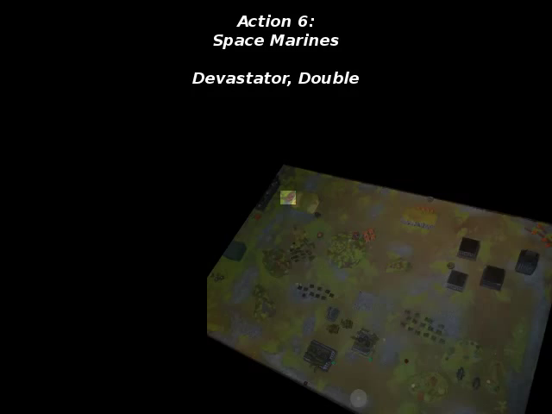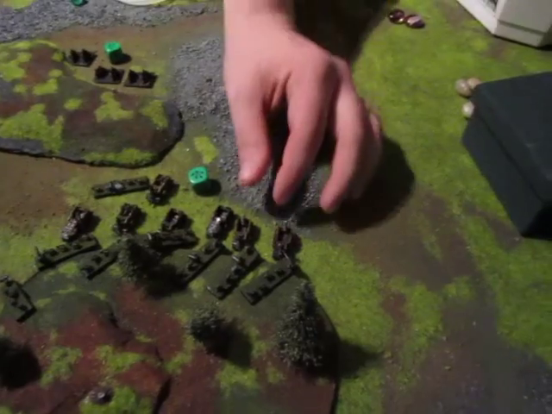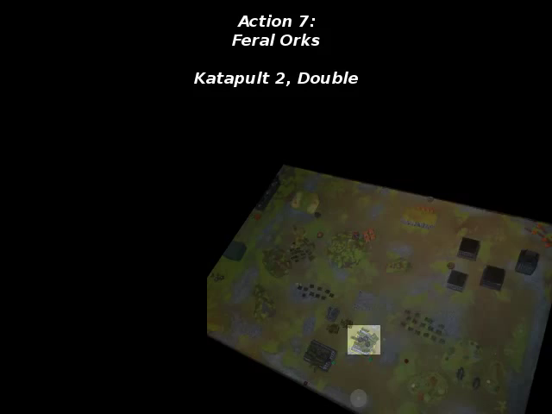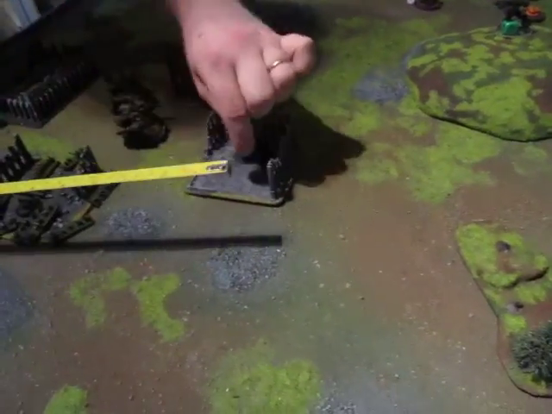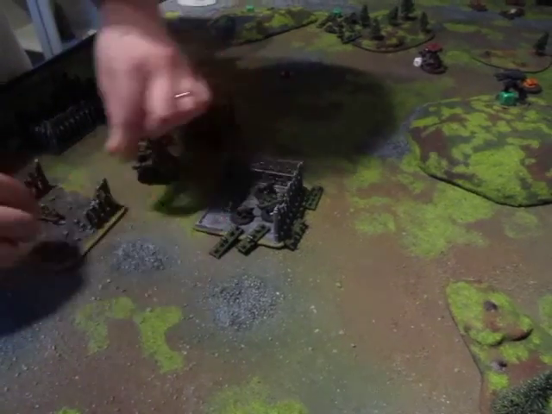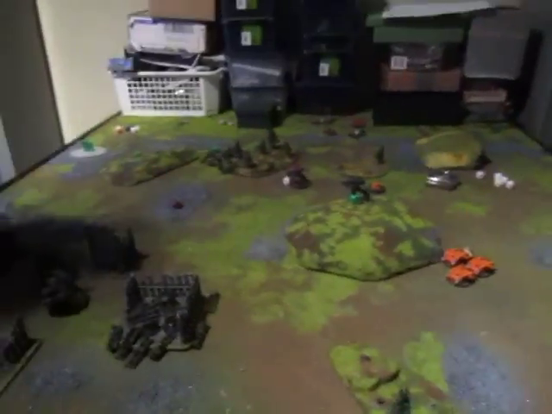Then Marines have Devastators and they double, managing to go far enough that they can fire at the broken truck brigade, and they manage to kill some of the units there. Then one of the Katapult mobs from Feral Orks decides that they waited long enough in the back, and they move ahead and target the Land Raiders, but only the Katapults have range, so they don't really do much to the Land